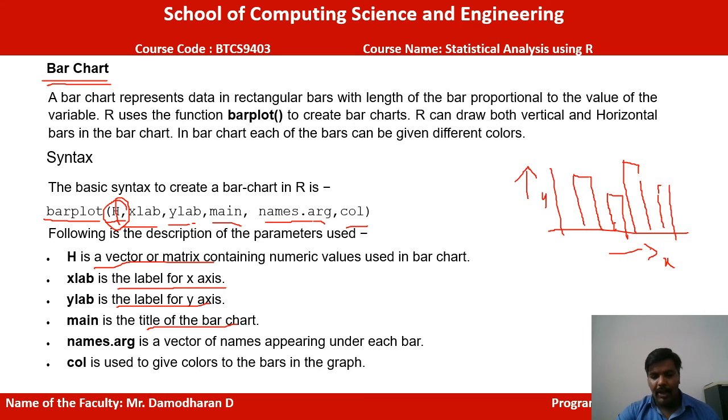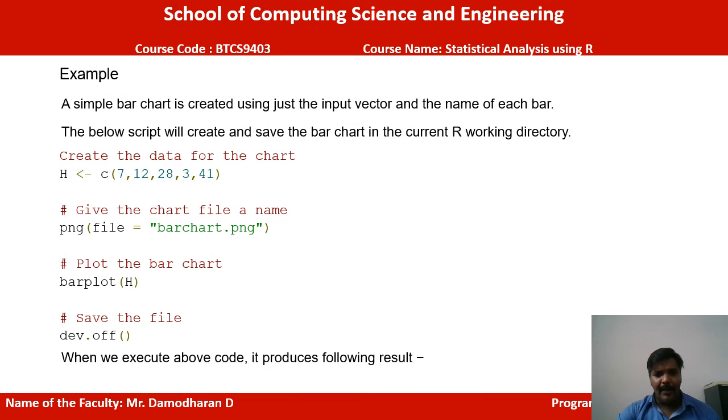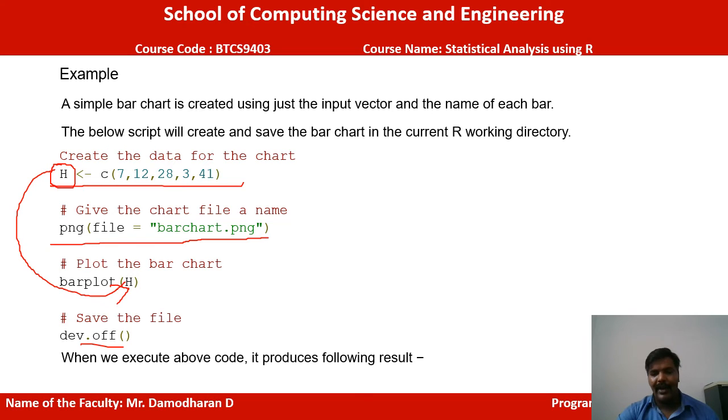Then names.arg is the argument for the name that appears inside each and every bar. So first we find which name is for the first bar, what is the second bar name, third bar name, fourth bar name. We will mention them one by one. So finally the color will be mentioned, as it is a bar graph. See, from this example, the values are inserted, the names are loaded here, and we are going to plot the values based on this graph. We have to save the file. So once the file is executed, we will get the result.